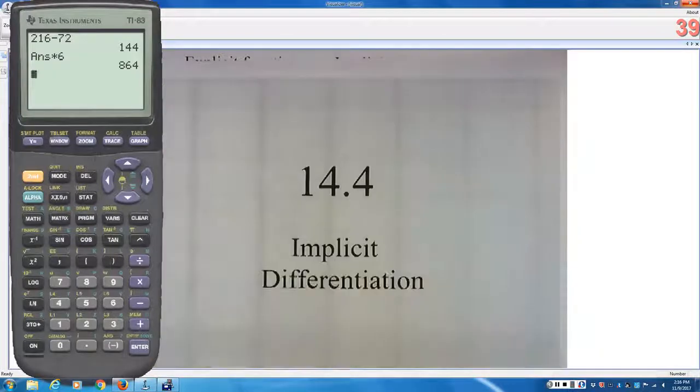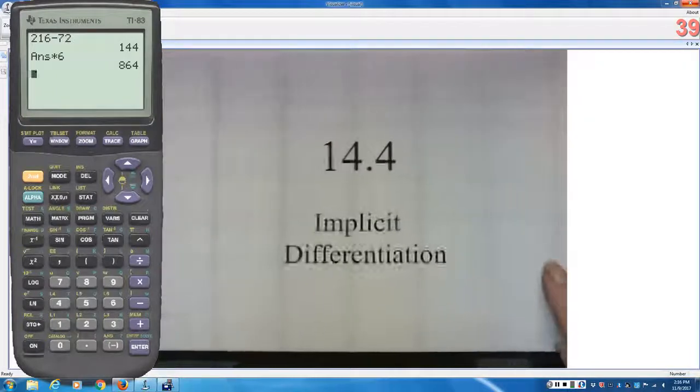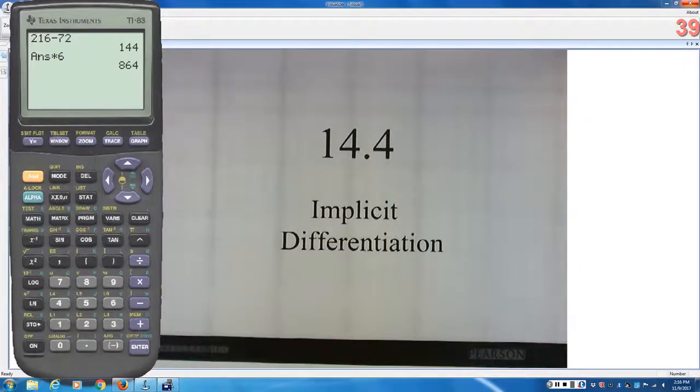So our last topic, and this one actually depends upon how algebraically